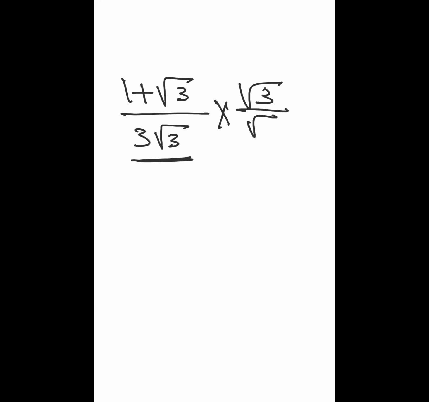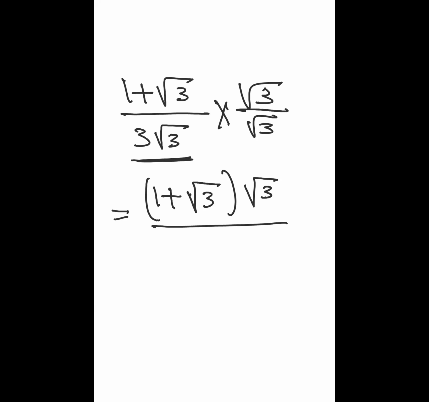One more example. If it's 1 plus square root of 3 over 3 square root of 3. Okay, how to convert this one into integer? It's very easy. Multiply by square root of 3 over square root of 3. So it will equal 1 plus square root of 3 times square root of 3 over 3